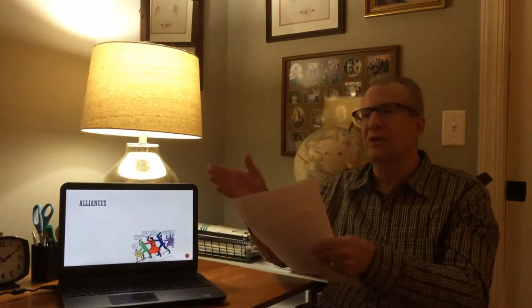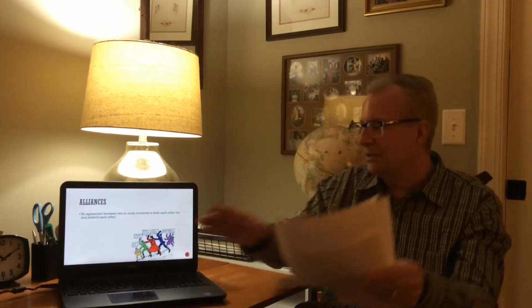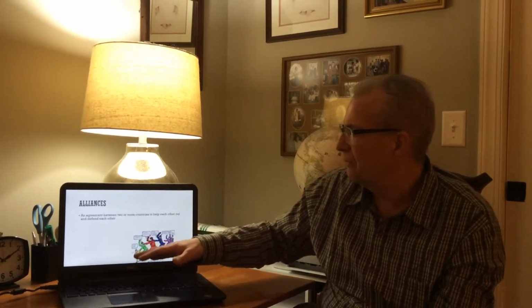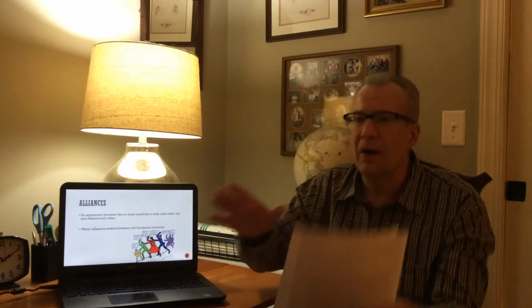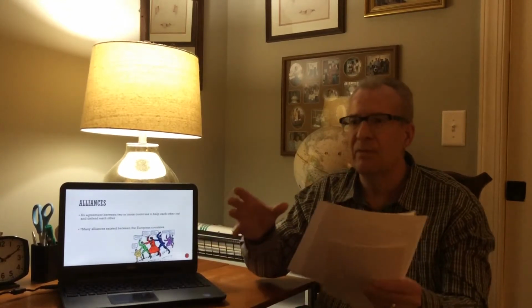We'll move on to alliances now. And when we look at alliances, basically, one little guy here, he gets attacked by somebody else. Then his partner that he has an agreement with is going to come in and watch his back. Then somebody else is going to come in. Then they're going to keep falling down. So it's an agreement between two or more countries that they're going to help each other out. One thing to remember is that there were many alliances throughout Europe even before World War I started. That's why it was a powder keg. Everybody was on the chopping block waiting for something to happen.